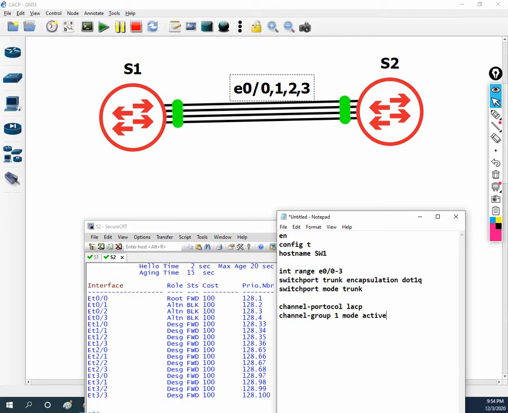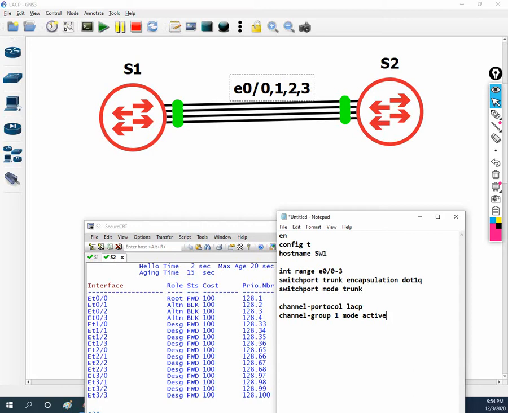Active mode. If you remember, we have two modes in LACP, active and passive, and we already discussed this in our previous theory class. Whenever we want to form LACP, we need both sides active, or one active and one passive. If we make both passive, then it will not work.